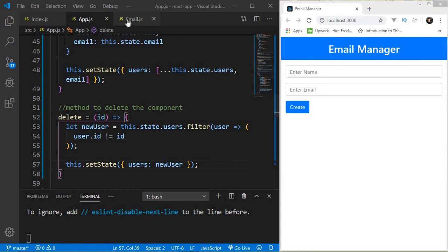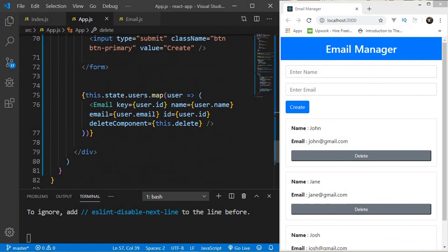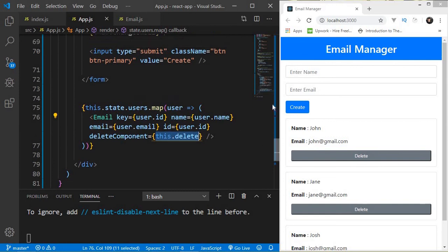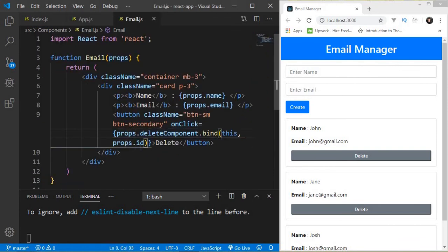All right, so let me summarize what we actually did. We have this delete button here, right? So the onClick event means when we click this delete button, it will call this props.deleteComponent, and props.deleteComponent we have passed from here. What this does is it calls this.delete here in app.js. So this.delete will get called, and this will require one argument. It will take one argument which is being passed from here, which is props.id, and